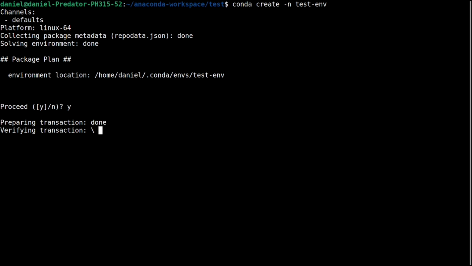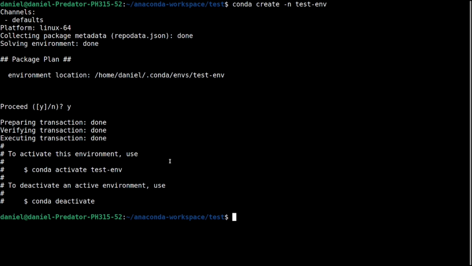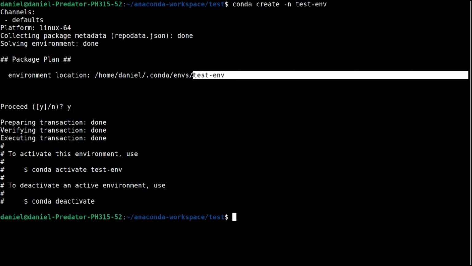So okay, and it has created the test-env virtual environment at this place where we didn't want, because it's outside the project test folder,